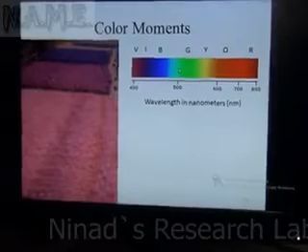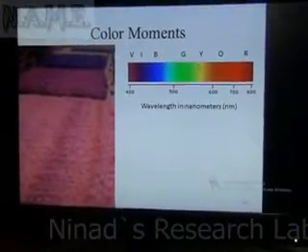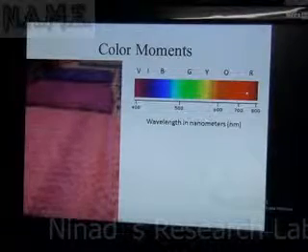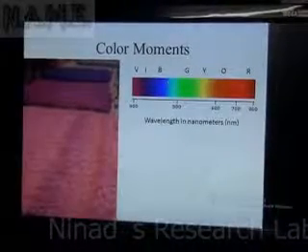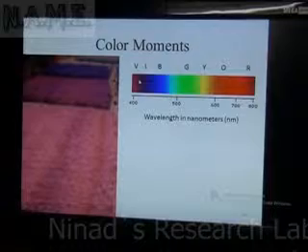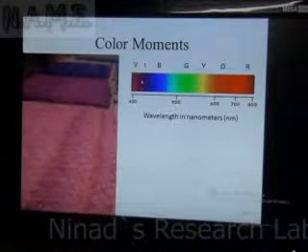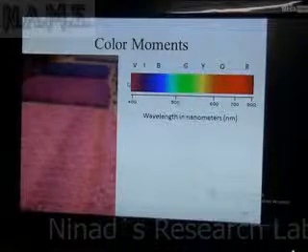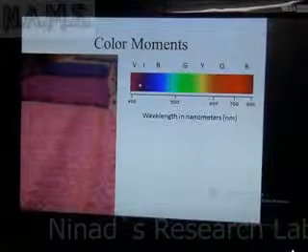Then you will say no, they are sky blue. Then they are green, then yellow, then orange, then red. So these are the color moments we should track. If your object lies within the same color moment, let's say you cut off at this point, within this range you can say okay, they could be matching.